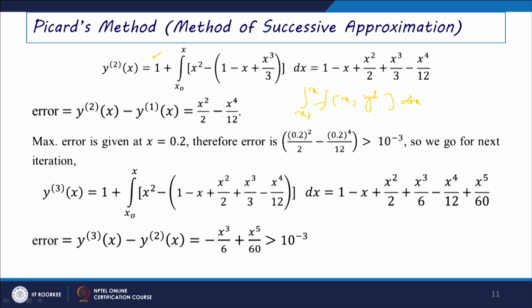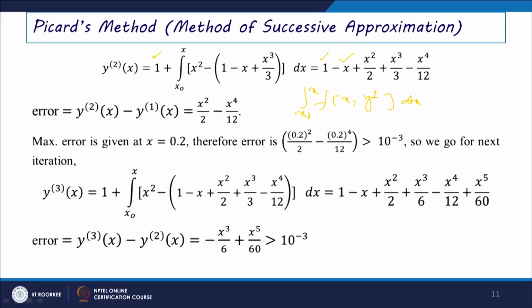And if we go for this error term, this means that whatever improvement of the solution we obtain after the next iterated step, if we take the difference of two consecutive steps, we find the difference, which is nothing but the error in that step. So if you consider y2 of x minus y1 of x, from the last slide, the terms are 1 minus x plus x cube by 3. And if you subtract y2 of x minus y1 of x, we can write this as